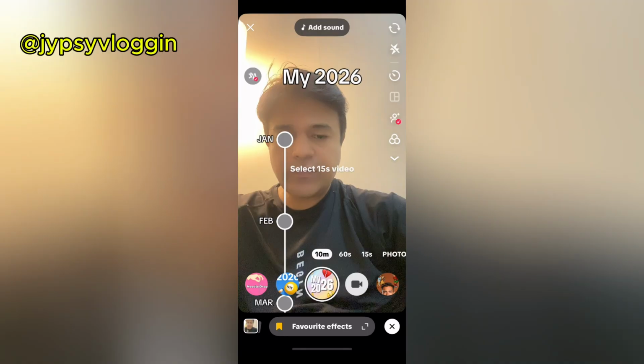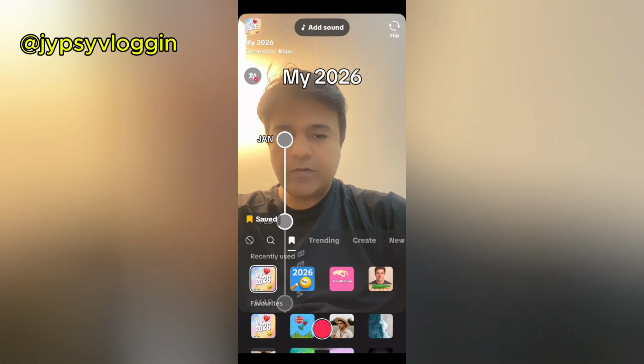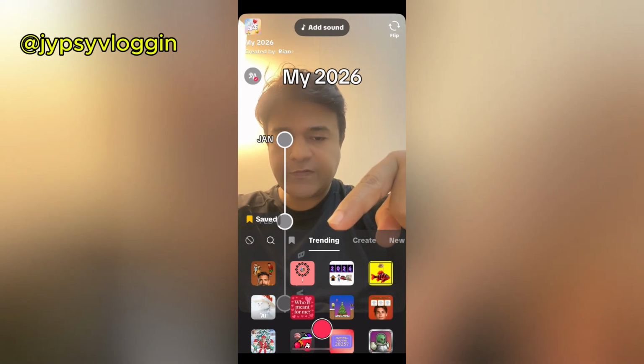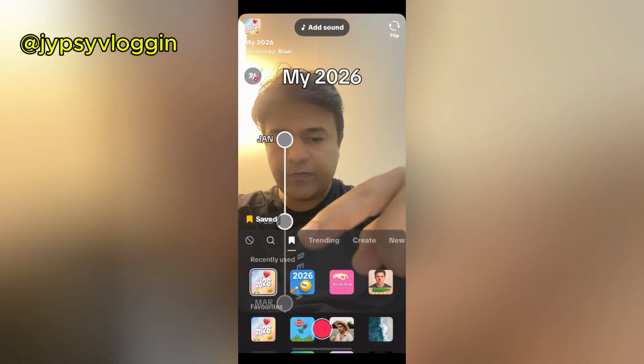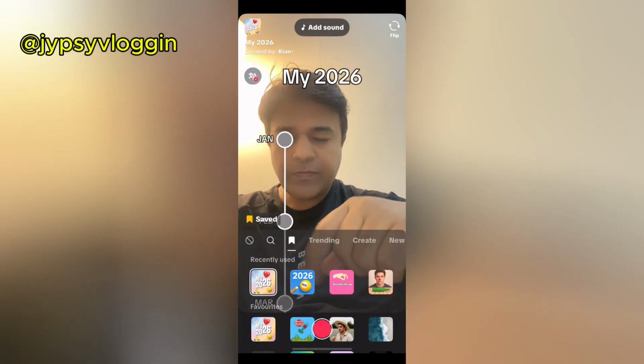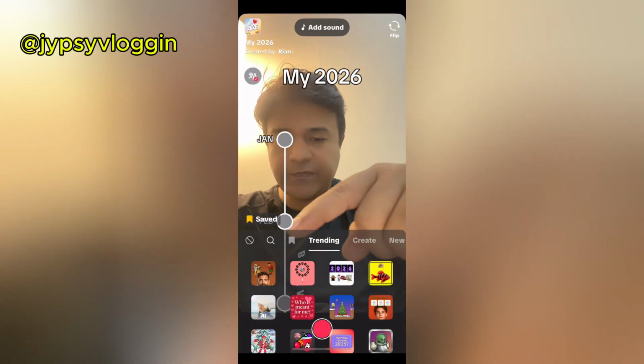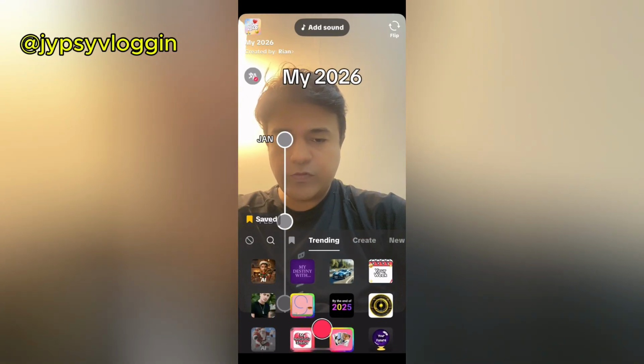To get this effect, what you can do, just go to your effect gallery. Okay, go to your trending section and you should see this filter. It's in my favorite. Okay, so suppose you can't see the filter here in the trending section, what you can do,